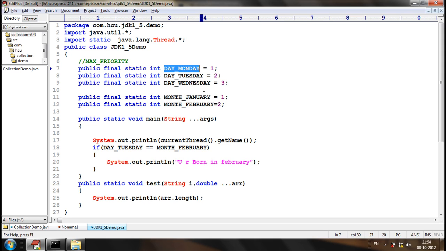These are not type safe, these are type unsafe constants, or simply we can call them non-type safe constants. Anyway, these non-type safe constants have caused many problems in applications, just because the compiler could not restrict them. The non-type safe constants have caused problems in many applications. So to overcome those problems,